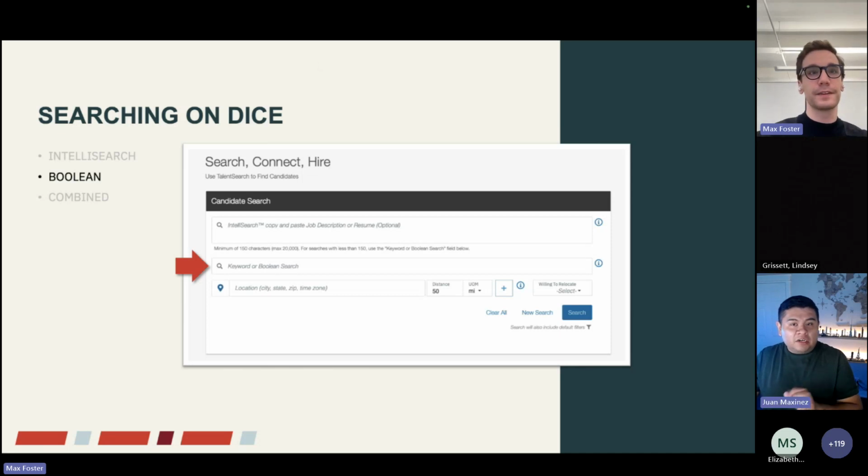Okay, go for it. Sorry, Max, just a question, and I'm not sure if anybody in the audience has this, but when you're pasting into IntelliSearch, do you recommend to just copy and paste the whole job description, or cut off certain sections? Like I know sometimes benefits are included. Talk a little bit more also about the work culture. Should those be omitted, or should they just copy and paste the whole thing?